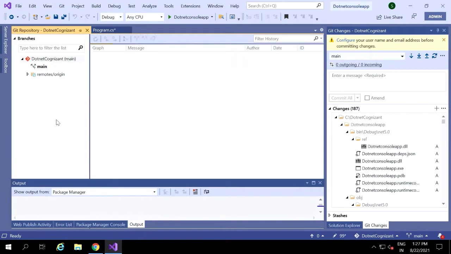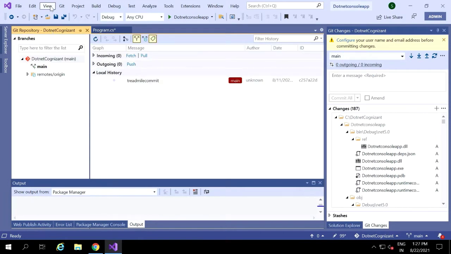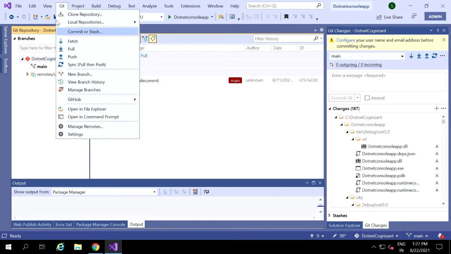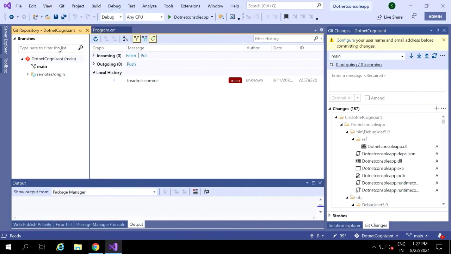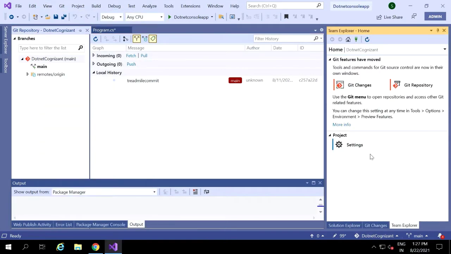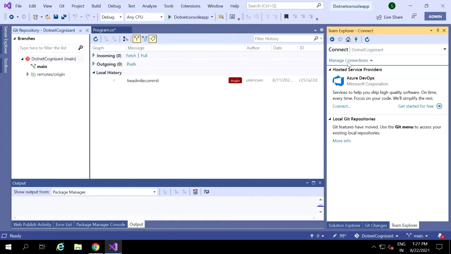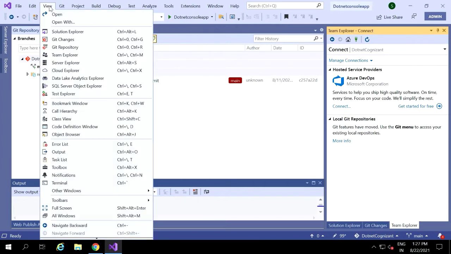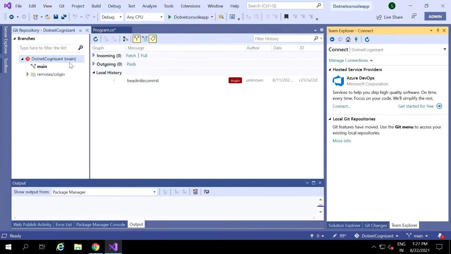And next we have Git Repositories. You will get it on this side. To view the Git Repositories, go to View and Git Repositories. And we have a Team Explorer also, where the Team Foundation Servers or anything will be present. So for connecting to TFS and everything, these things happen here. Like we have a Connect option in the home tab. Click on that Connect in Team Explorer, then connect to a project. So TFS we can connect here. So next, View, Team Explorer.